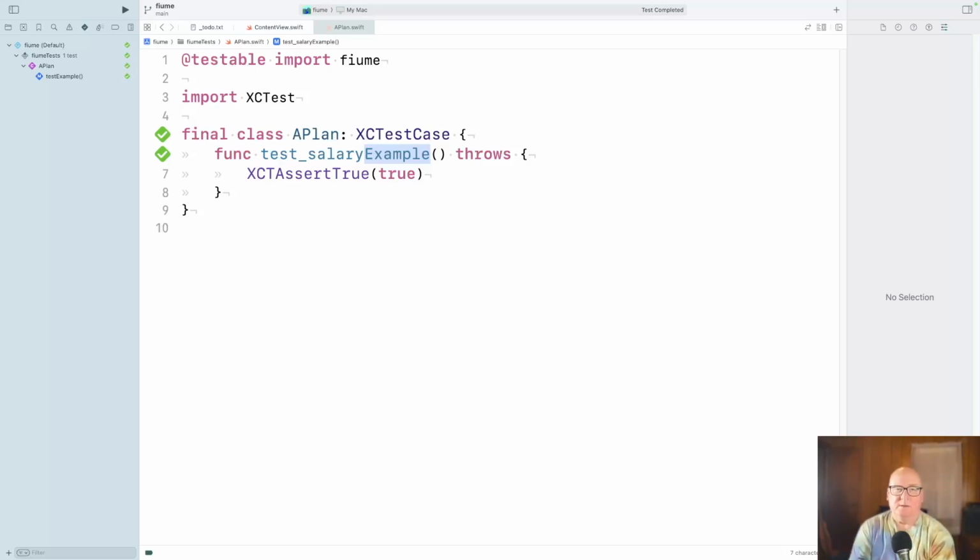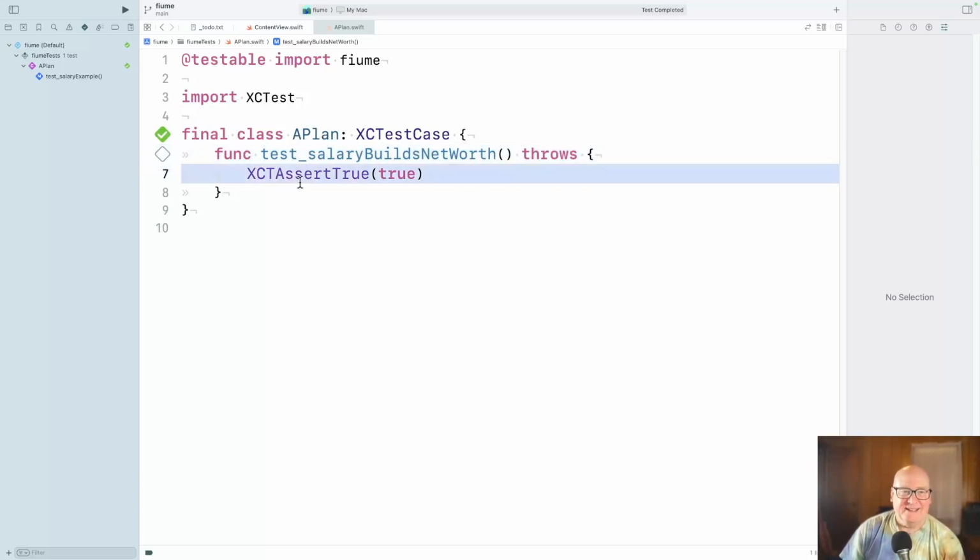And then what's it doing, or what's the context? I think it's salary builds net worth. I mean, if you had no expenses, okay.